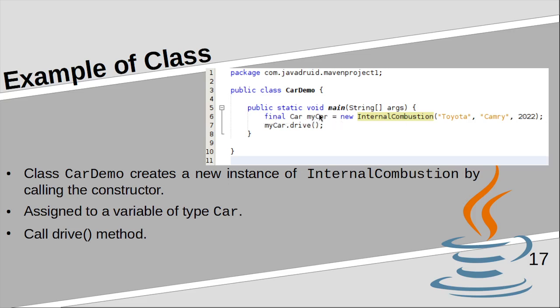Final means that once you initialize it here, you cannot change the reference of this variable. Basically, if you declare a final variable, it means that you cannot change the value, and so basically you cannot assign again.